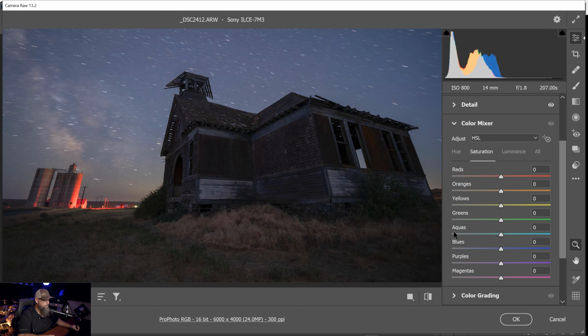Let's go down to our color mixer in Lightroom. It's just the HSL panel. And what I want to do is we're going to desaturate these reds a little bit. So we're here in the saturation tab. Let's desaturate those reds. But let's also go over to the hue tab and push these reds a little bit towards orange. That way, rather than feeling like really red light pollution, we're going to make it actually blend with